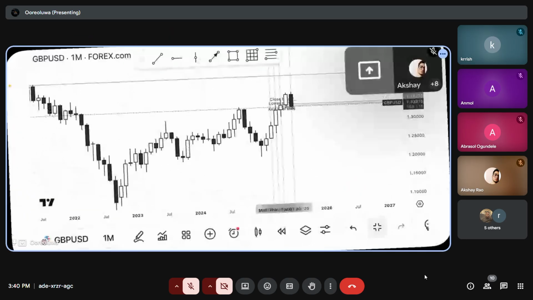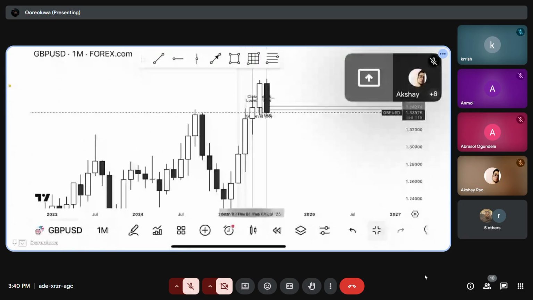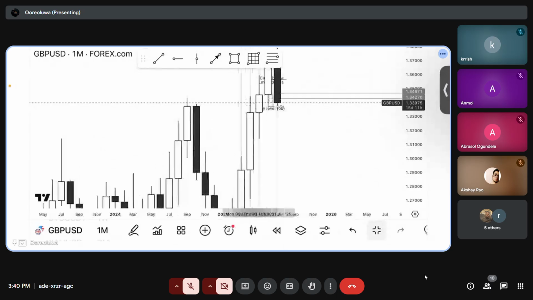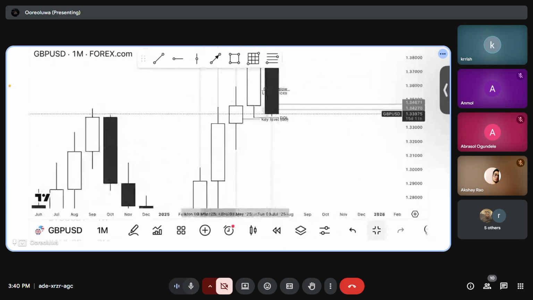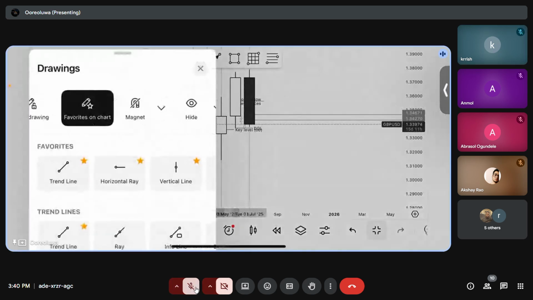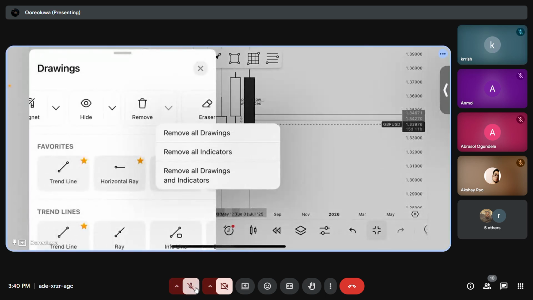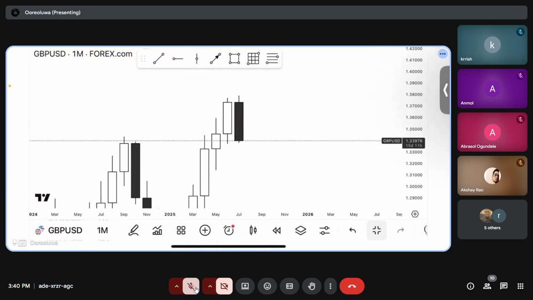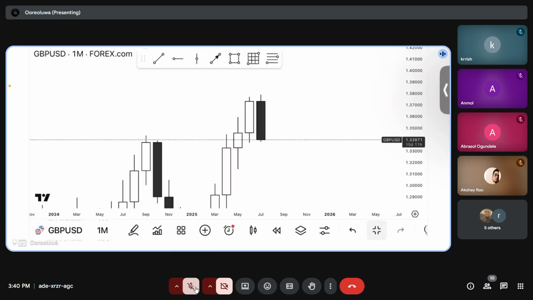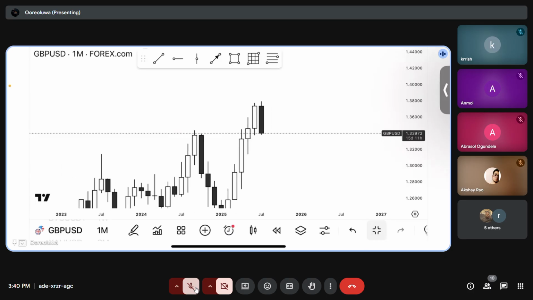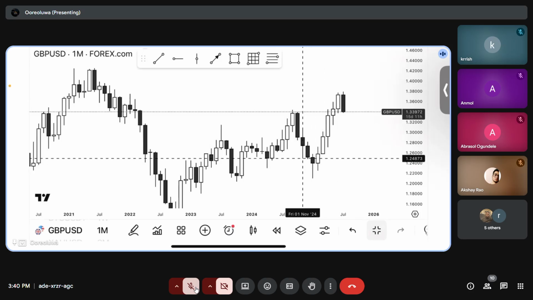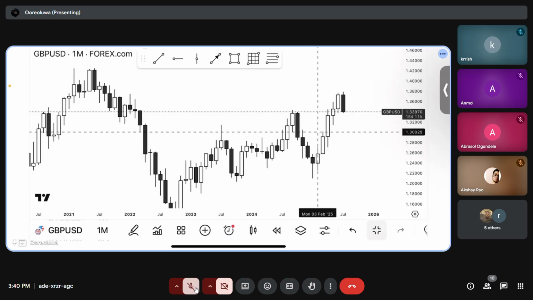All right, so this is the monthly chart, and I hope you guys can hear me very well. You can also see my screen, right? So this is the monthly chart. I'll be teaching you how to trade each month. Each month has every opportunity in it. Each of these months has every opportunity.